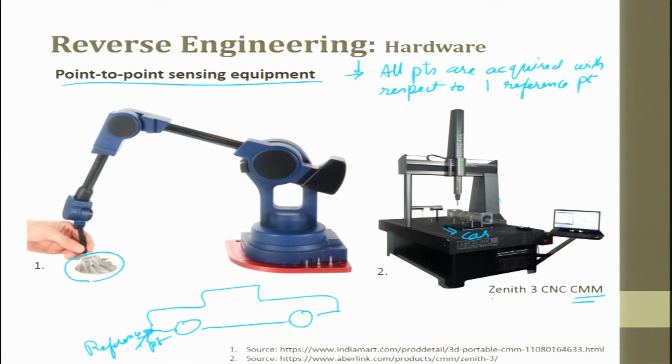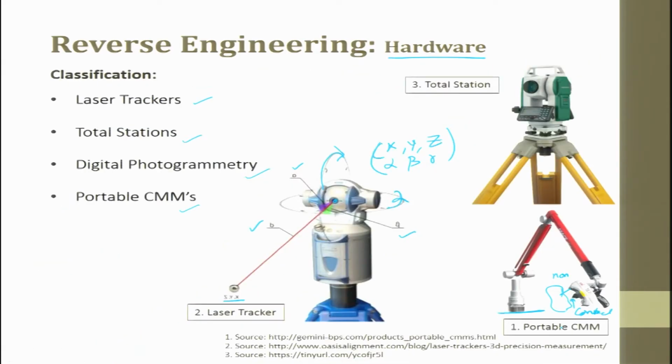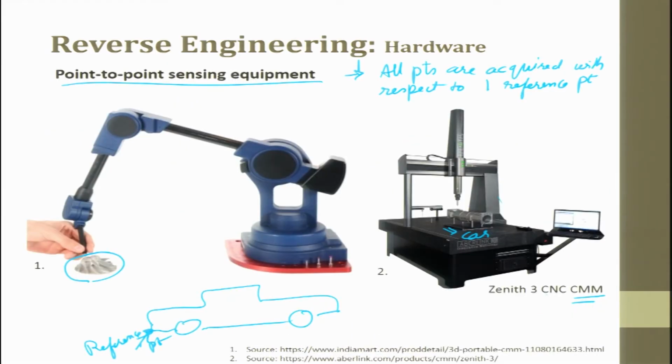This is a Zenith 3-axis CNC machine, or a CNC CMM, and this is an articulated robot arm you can have, which also falls in the same domain of portable CMM type. Here you have a closer picture of it. You see here is an encoder, here is an encoder, and here is an encoder. These three encoders negotiate, nullify the errors and the signal noise, and convert it into data points which are with reference to one plane.